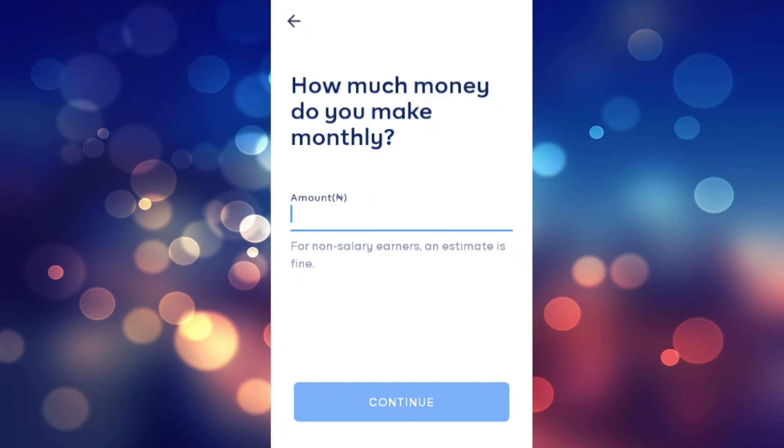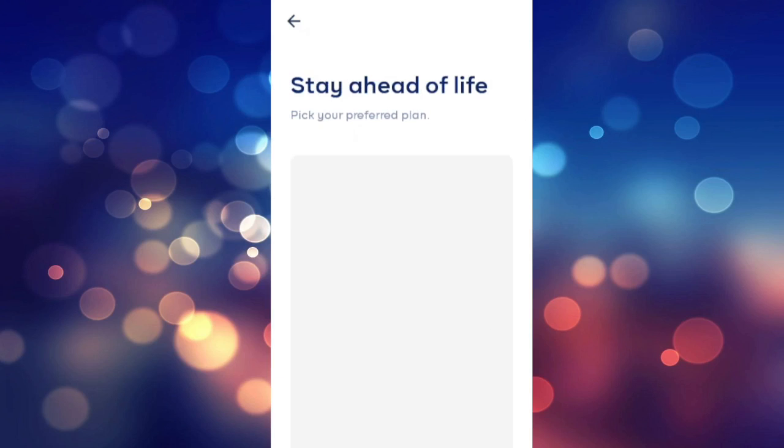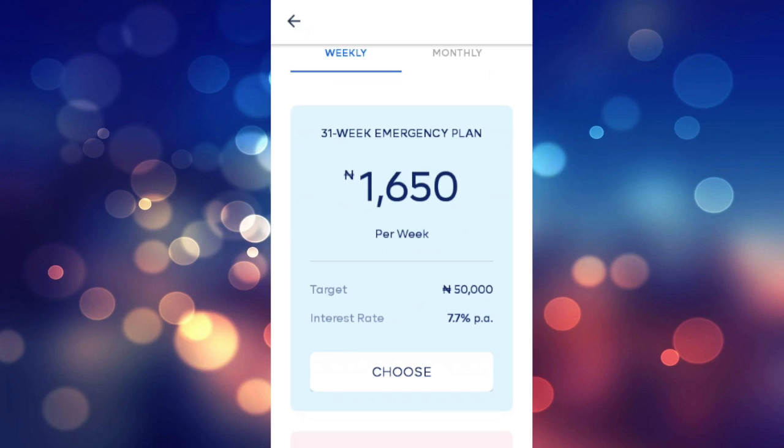So how much money do you make monthly? It's going to ask for how much you make monthly, in order for you to be able to figure out how much you need to save monthly in order to meet your emergency plan target. So here I put 33,000. I'm a papa. So yes, it now showed me the different